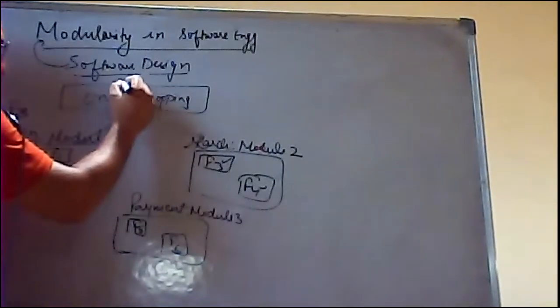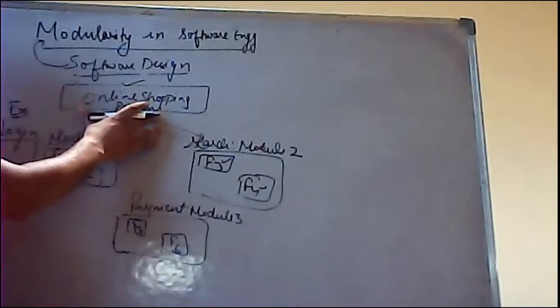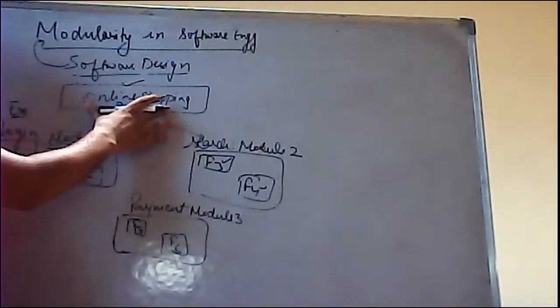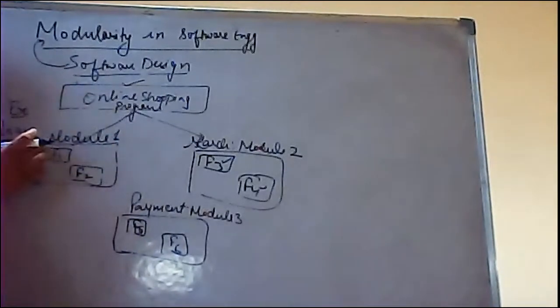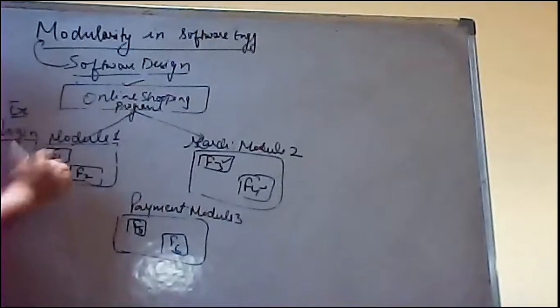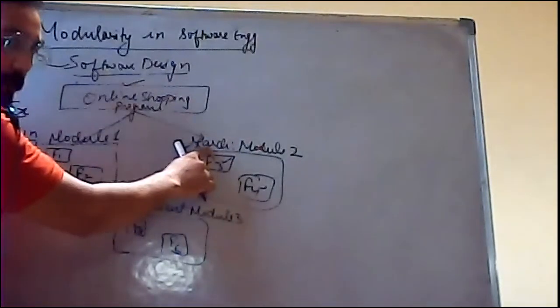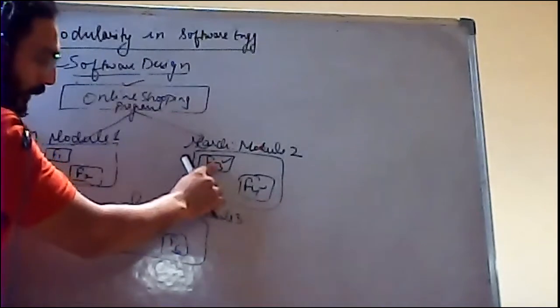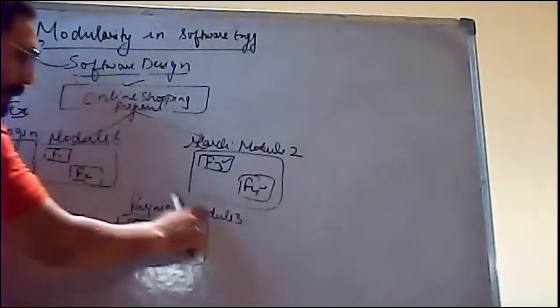Okay, this is your main program, and modularity says that in your software design, this main code or main design is decomposed into different modules. That is module 1. I am giving an example that this is your login module, and in login there are different functions like F1, F2. There is a search module, a second module that is decomposed, and in this module there are other functions, F3, F4, and in the payment module there is another